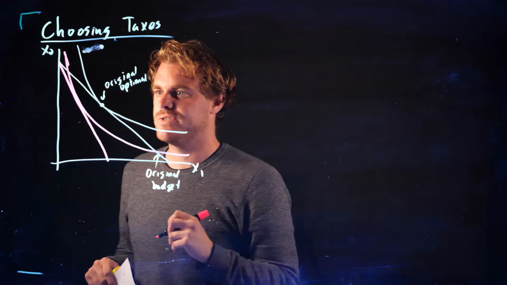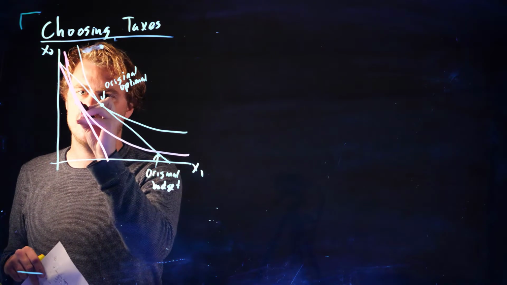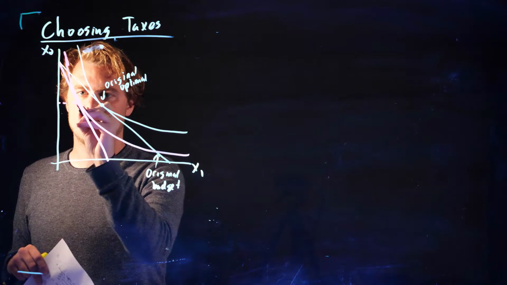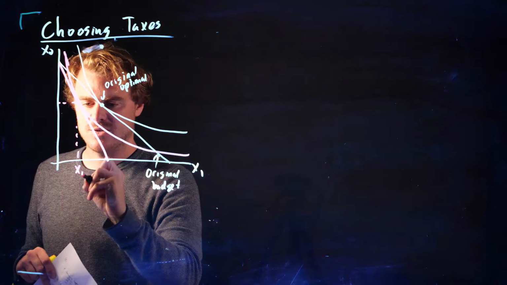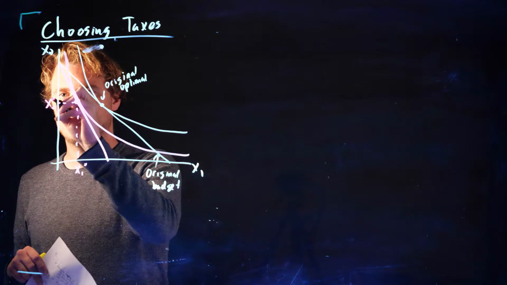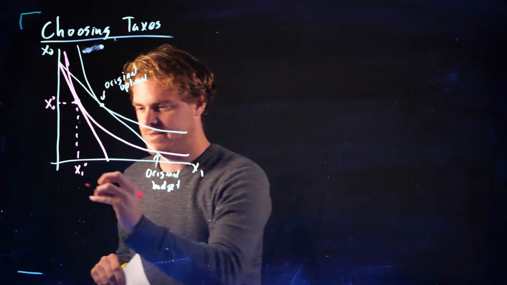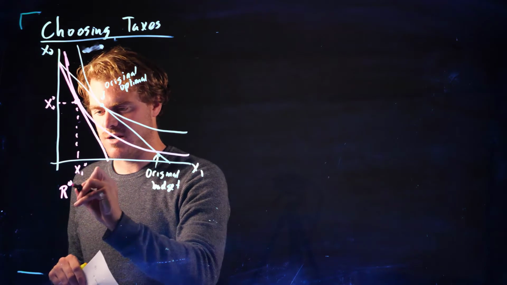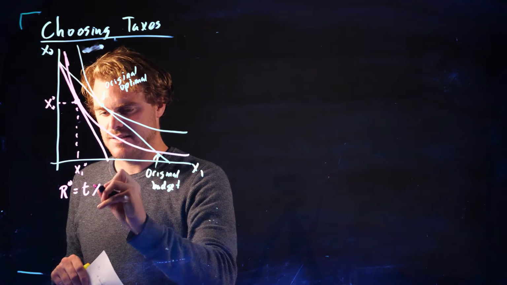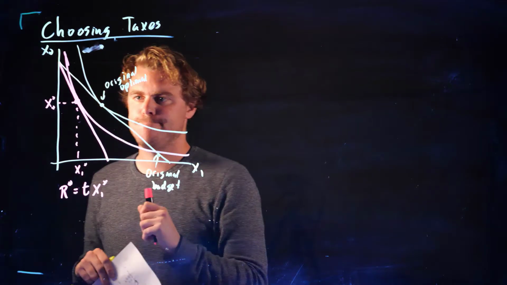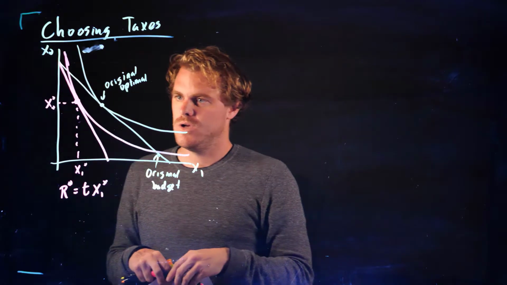Let's say our indifference curves look something like that, and let's say this point right here is what we called X1 star and X2 star, the optimal choices under this quantity tax. And remember, R star was equal to the tax times how much of good 1 we had. Okay,